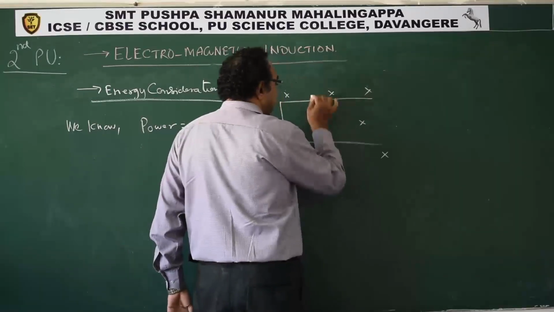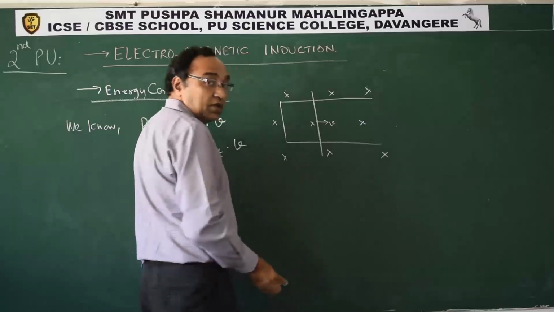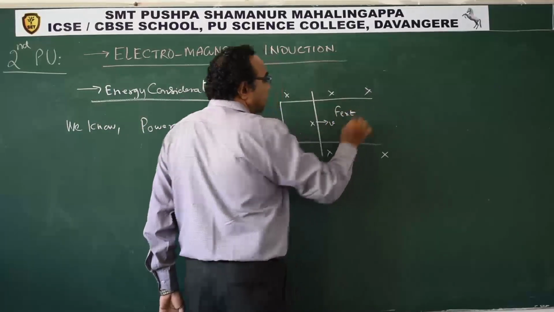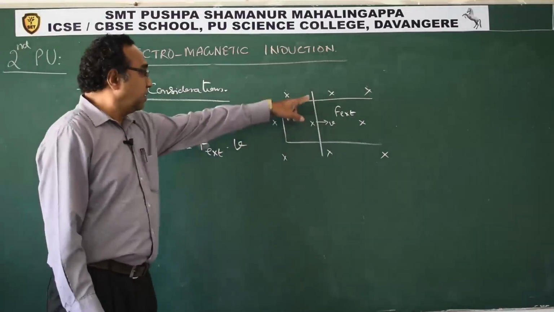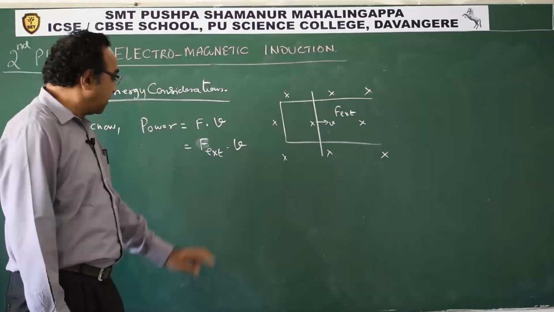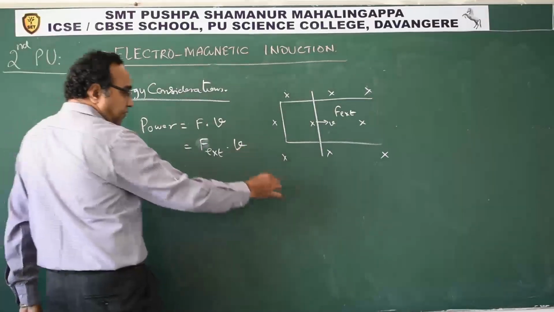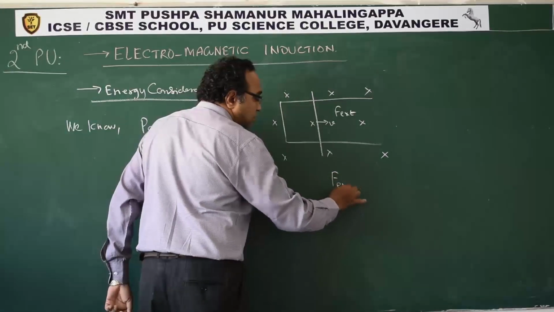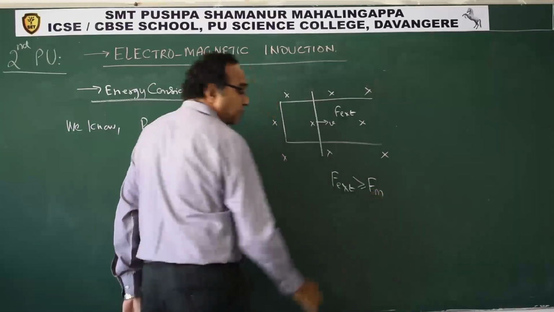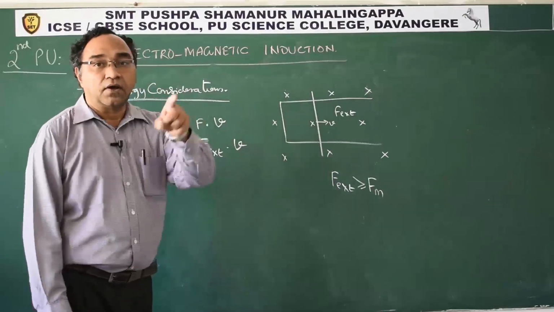It was something like this and we gave a velocity, right? So what I can say is this velocity means you are applying an external force. Without external force, how can you make the conductor move? So the external force question arises, how much should be the external force? This external force should be greater than or equal to the force due to the magnetic field on a current